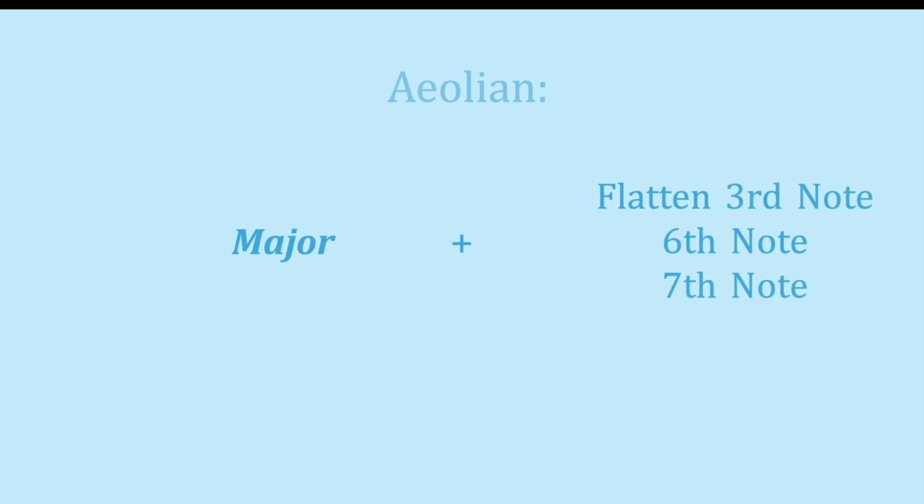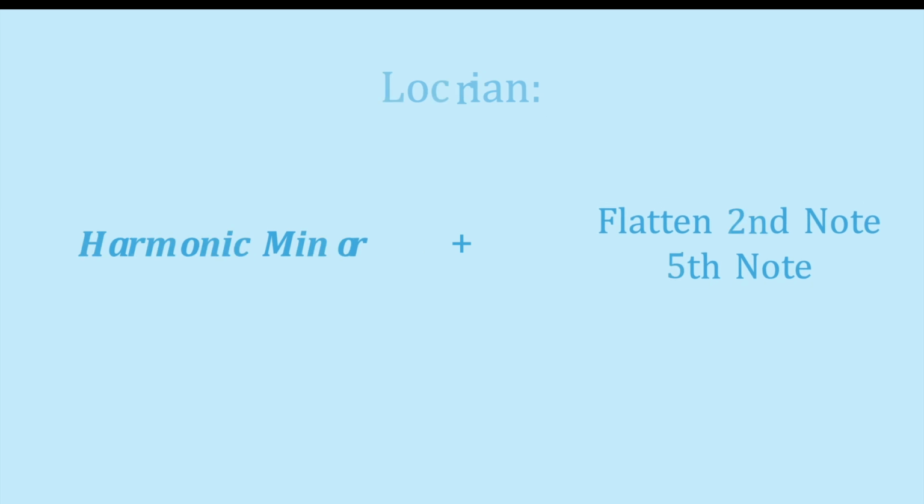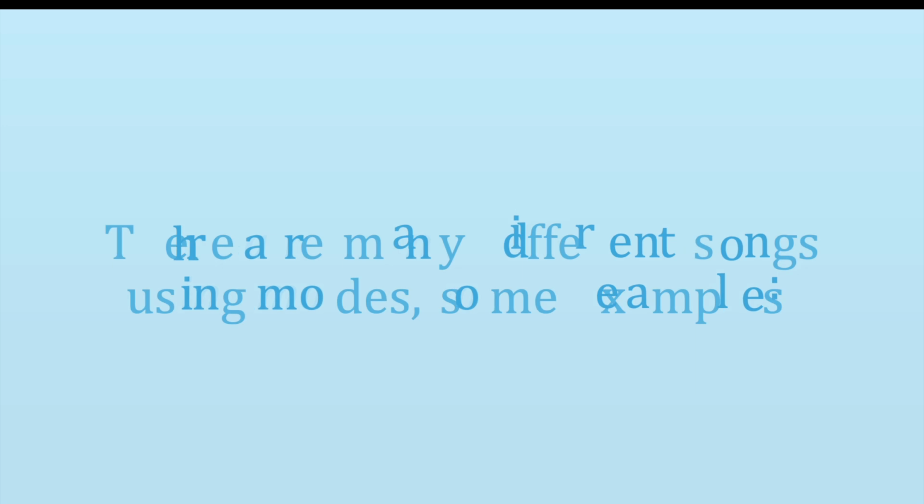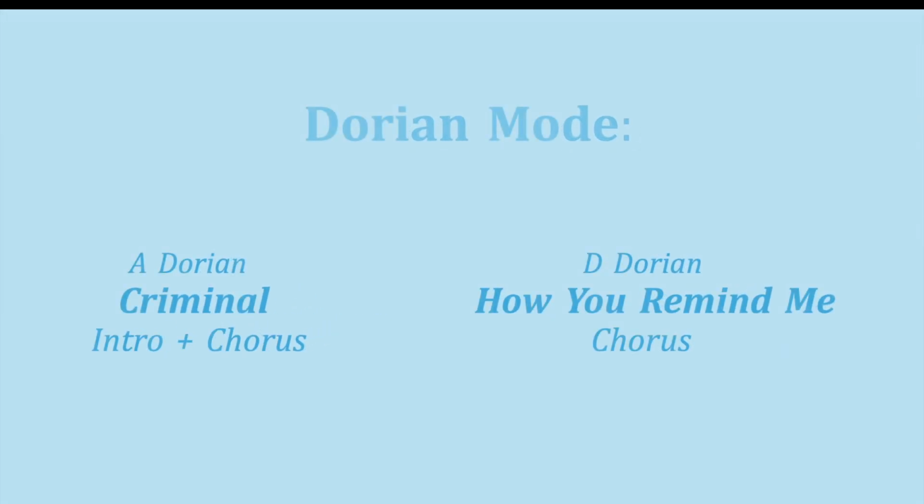Aeolian uses the major scale and flattens the 3rd, 6th and 7th notes. Locrian uses the natural minor and flattens the second and fifth note. There are many songs that use these scales. Here's some examples. For Dorian mode,